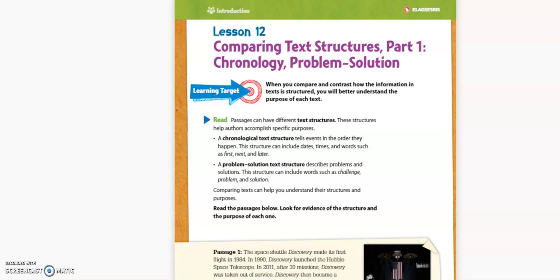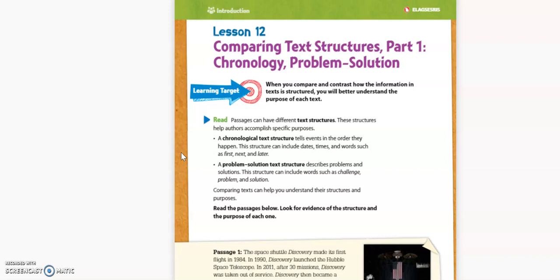So today we are going to be going over text structures. In this lesson in particular, we're going to be comparing and contrasting text structures. Our fifth grade standard states that we should be able to compare and contrast the overall structure of events, ideas, concepts, or information in two or more texts. So that means whenever we work on this standard for text structure, they're going to always give us two texts